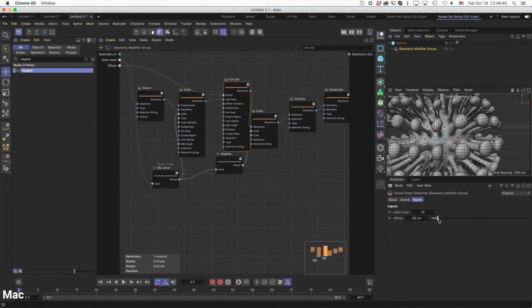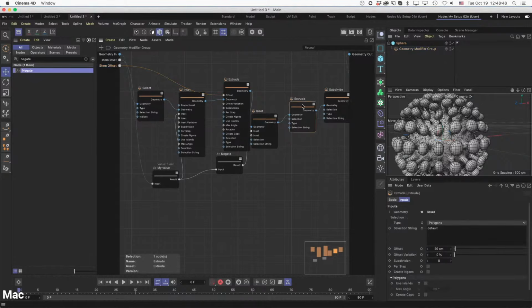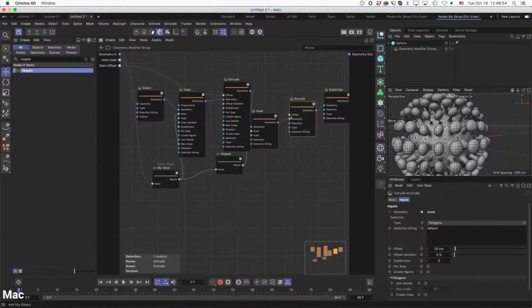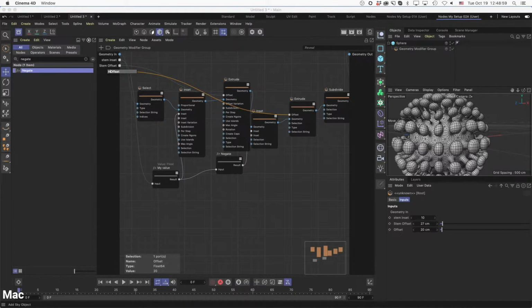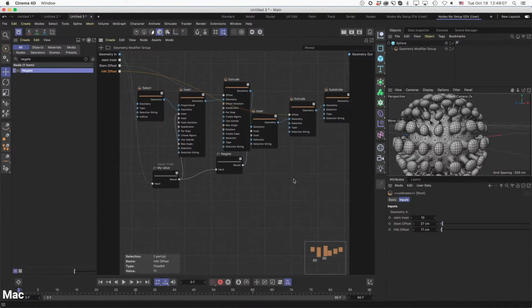That's the first, so that's stem offset. Then we have the secondary extrude, which we can go and add the offset here and drag it out and say hat offset. This is not medical terminology. And from this point onwards,